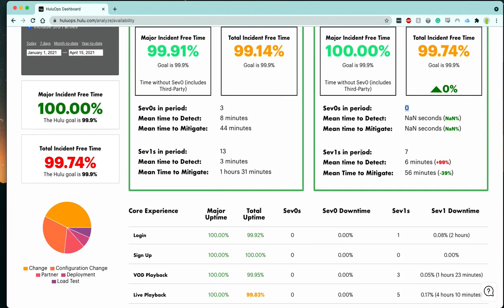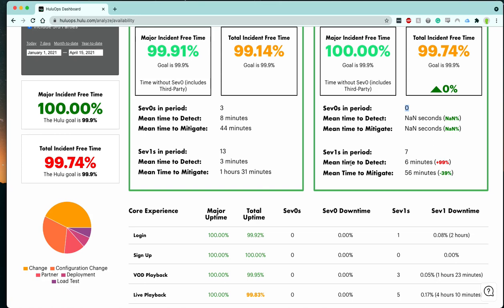However, in the same period, we have Sev 1s, we have 7, and our mean time to detect during that time, or our average time to know that there is an issue, is 6 minutes. And you know, the goal would be to be much better than that. On the flip side, that is much better than it has been in the past. We've seen detection be north of 45 minutes. So the fact that our observability efforts have actually put us in a situation where we find these things early